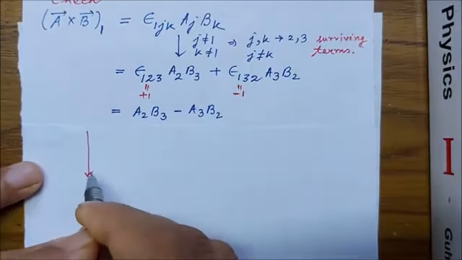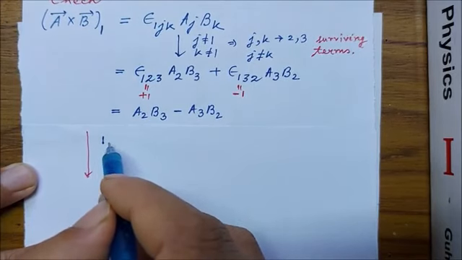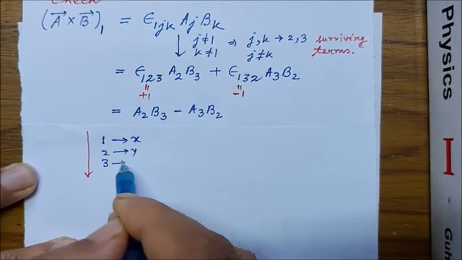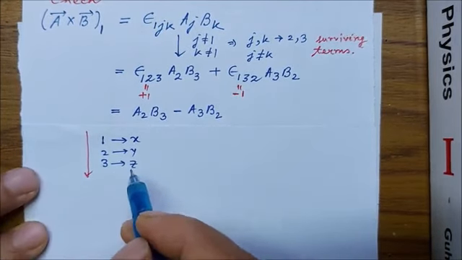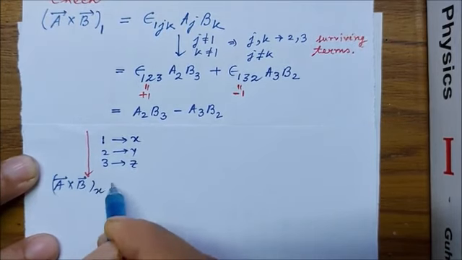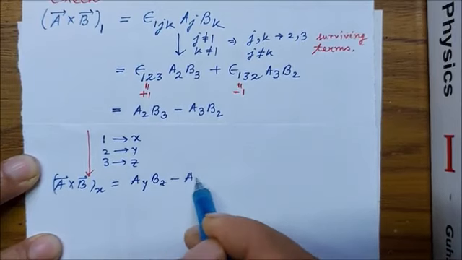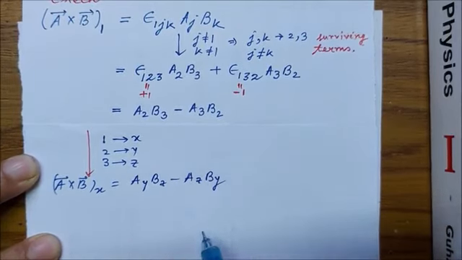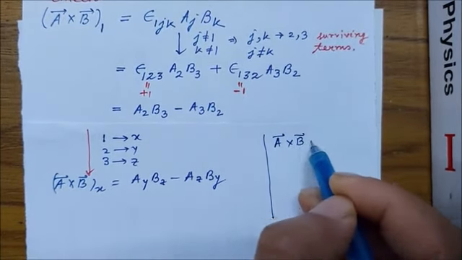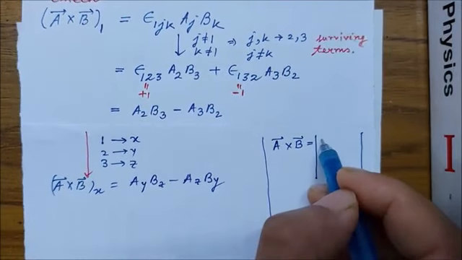Now putting x instead of 1, y instead of 2, and z instead of 3, we have the x component to be this. And let us consider the determinant that represents A cross B, and it is,